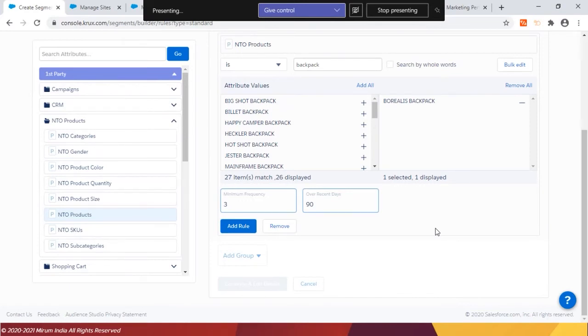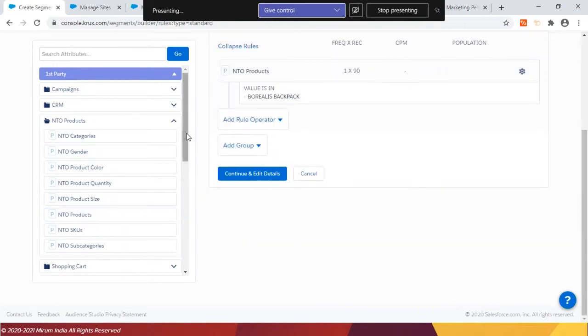DMP allows us to scale that even further, and where it would be useful is when we are comparing two campaigns which are very seasonal, right? Some campaigns which run only on, let's say, Diwali. How can we pull in data from the last Diwali campaign, get those insights, and run those campaigns in this year's Diwali, right? So that kind of intelligence can get built. So let me look at the guys who looked at this particular backpack section, and let me just see that once.